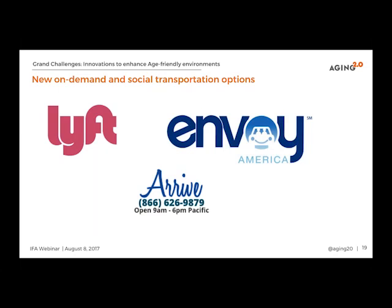So moving into the age-friendly environments, and this maps more to the livable communities challenge that we're exploring. There are a lot of new innovations around personalized transportation. Obviously, Lyft and Uber have been doing a good job in creating on-demand personalized services. A lot of the time, though, it has been quite complicated for older people to access them, not just because they don't necessarily have the smartphone and download the app and connect the credit card and all those things, but